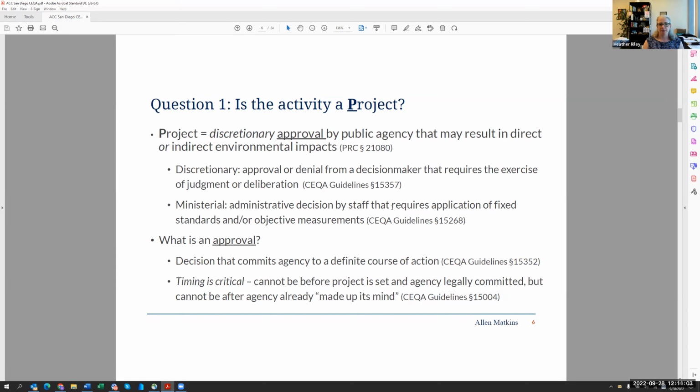Discretionary, on the other hand, means that there is some exercise of deliberation. Someone who's your decision maker is going to consider if your project fits. Some of that is subjective, some of that is objective. There are mathematical formulations that may come into play, but there's also sort of feelings that come into play. For those of you who are familiar with the City of San Diego, the city has 5 levels of process review. 1 is ministerial, building permit, no CEQA. 2 through 5 are all discretionary levels of approval.